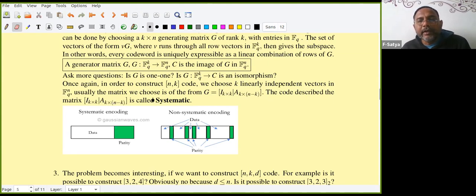This is now called systematic form. Now what happens? The data and parity. Whenever you send one symbol vG, v as it is will be here, data, and parity comes here. If it is not systematic, then okay. I told you earlier also, we can take any two matrices, earlier examples, right? But that may not be this form. Parity may be in between, right? Is this part clear?